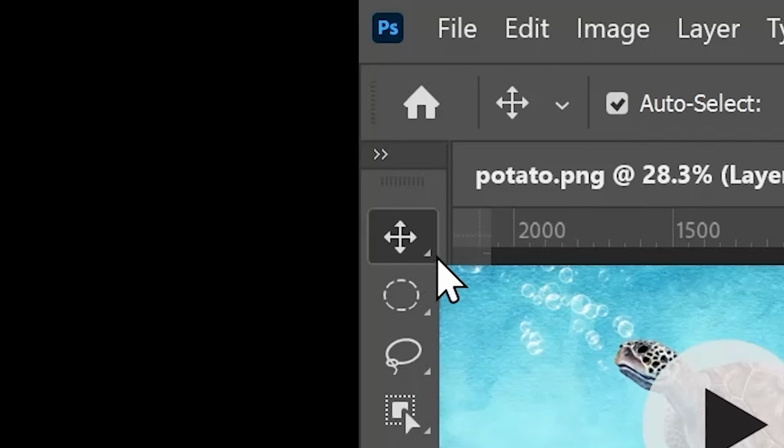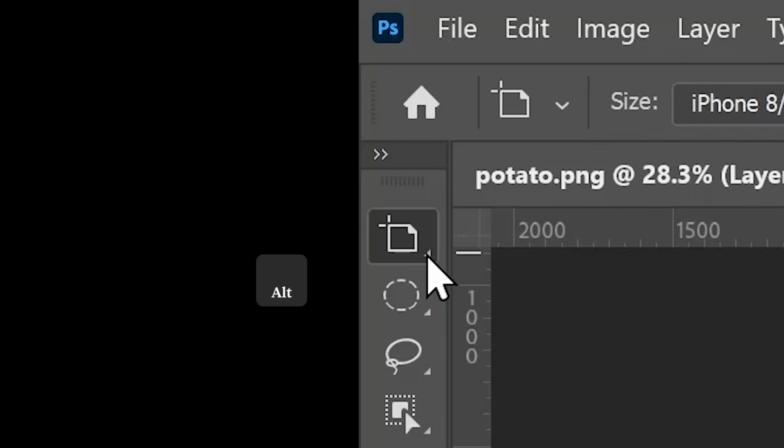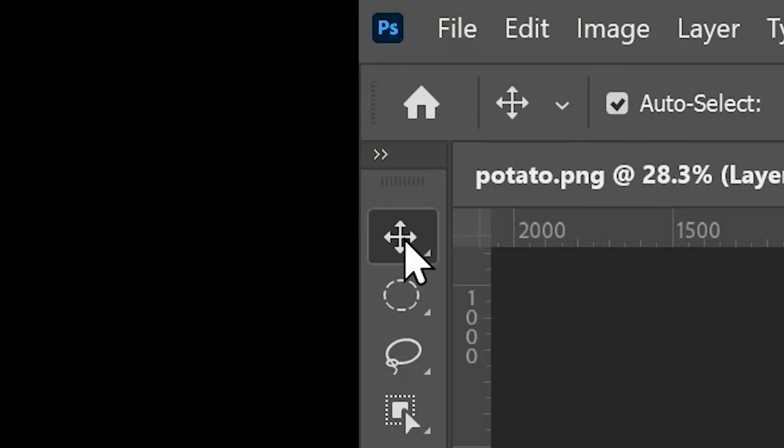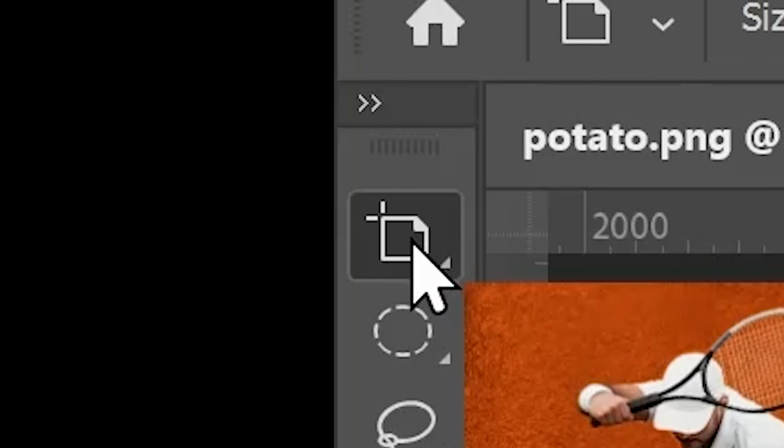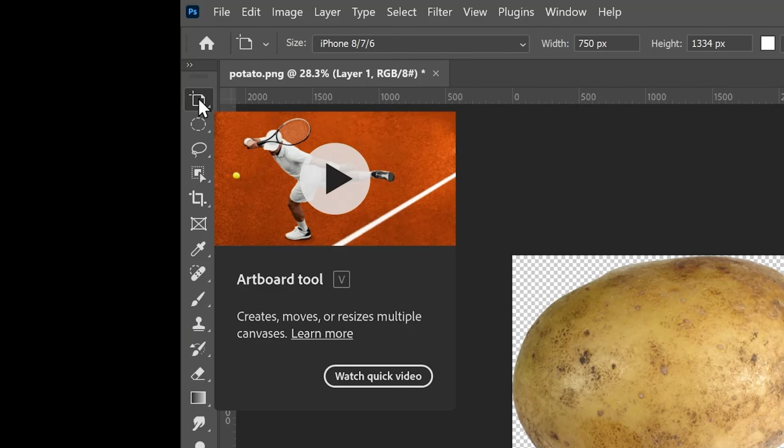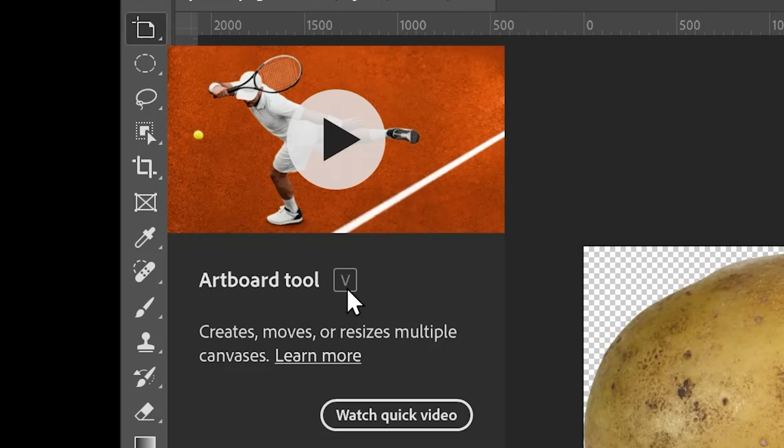That means that there are more tools hidden underneath, and you can access those tools by holding Alt or Option on Mac and clicking on the tool, and it cycles between them. This is the artboard tool that we don't need to worry about right now, but you'll also notice that when you hover over a tool, this panel pops up and it tells you the shortcut with which you can access